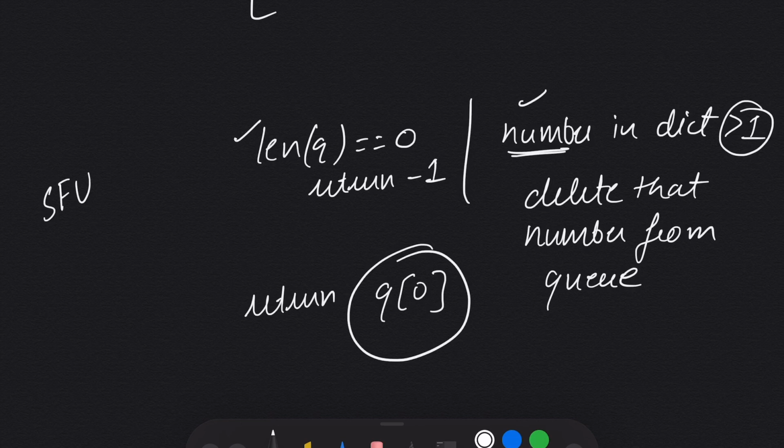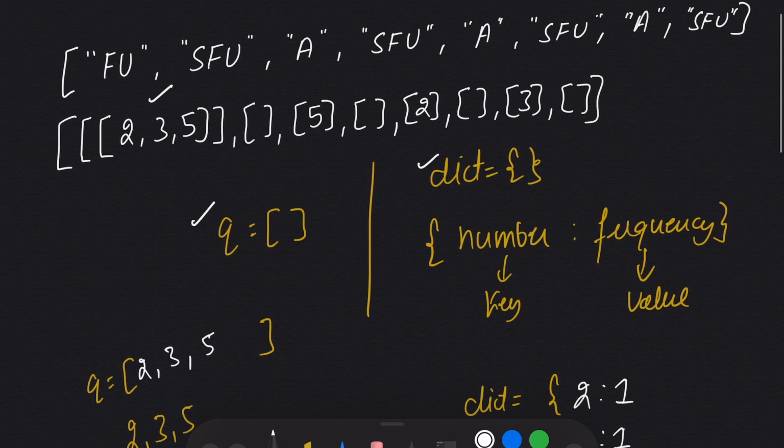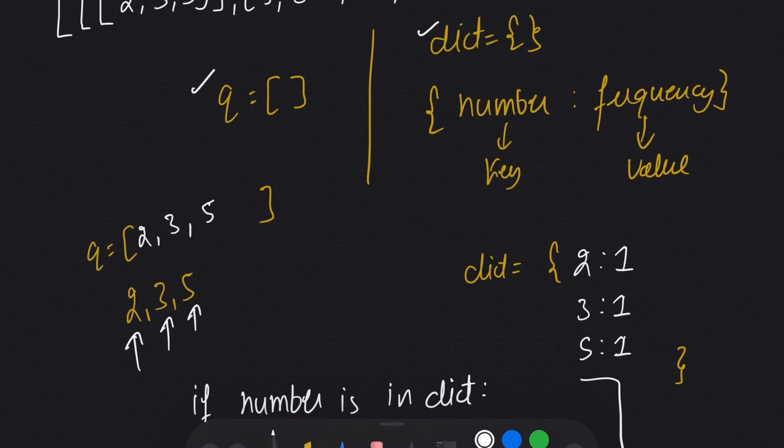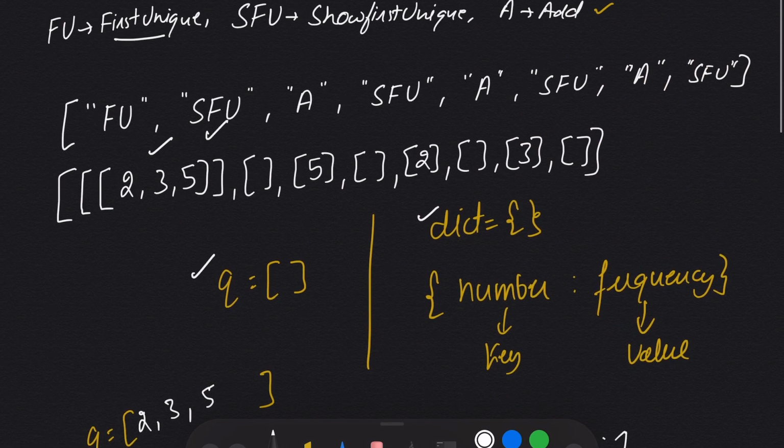And let's see it with the example. So we have done with all three functions. Let's come to the example. So I have initialized 2 3 5 and I use the add function and add it to the queue. So my dictionary is 2, 3, 5 with frequency 1, 1, 1 and my queue has three numbers 2 3 5. I came to SFU. So it is asking for show me the first unique.